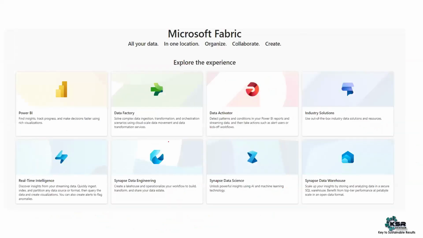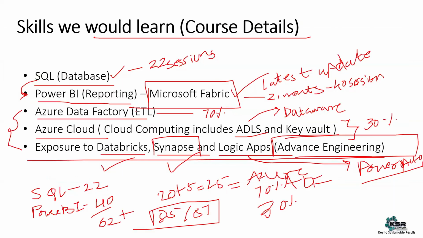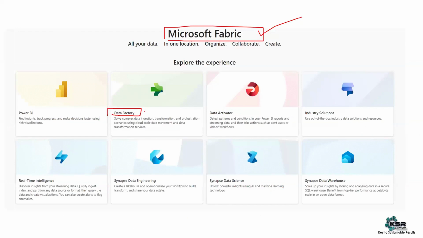And what do you mean by Microsoft Fabric? The question comes, if you want to upgrade yourself, what do you mean by Microsoft Fabric? See, if you can guess, Data Factory. We have seen Data Factory here, which is part of Azure. So if you learn Data Factory in Azure, you can easily do that Data Factory in Fabric. Fabric is nothing but a combination of multiple services which were independently available in Azure, but they have been integrated in powerbi.com, which is nothing but Microsoft Fabric.